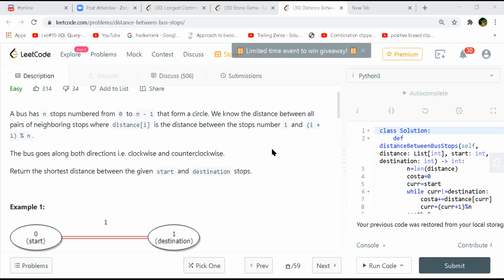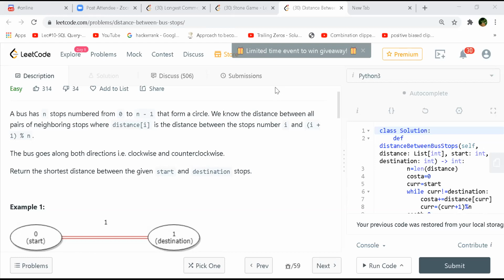Ideal experience will be too much, right? So either we can take from start to destination, or again destination to start. Right, so either of the two. Either of the two, yes.